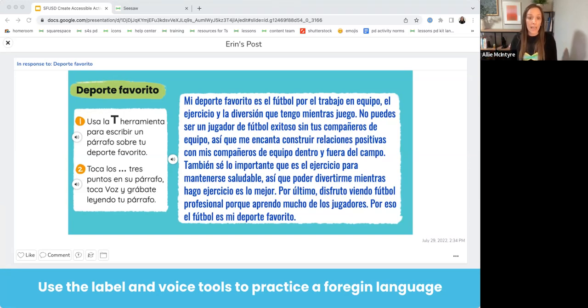Students then used the label tool, which you see here, their typed paragraph in blue, to type their paragraph. And then they also used that voice tool to record themselves reading the paragraph. In this case, this is a student who's learning Spanish. And so this is a really great way for a second language teacher to be able to check how students are doing with their pronunciation. Someone mentioned that earlier, and how they are doing learning that second language. Now, if needed, the teacher could have given the option for students to handwrite this paragraph and then capture it in Seesaw with the photo tool and then use that voice tool to add even more choice in output and to support all of your learners.